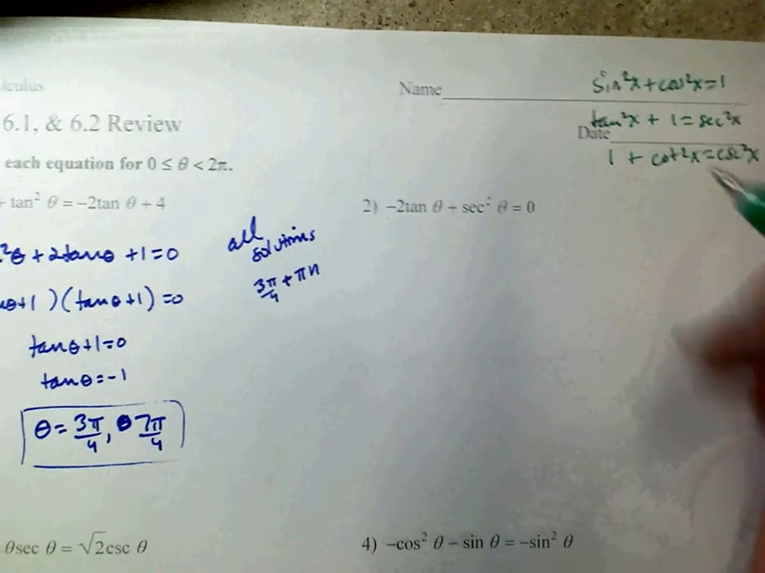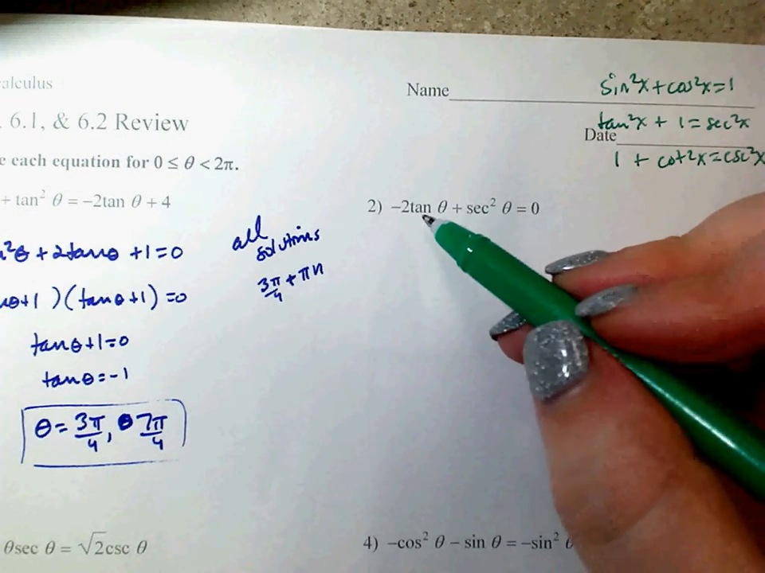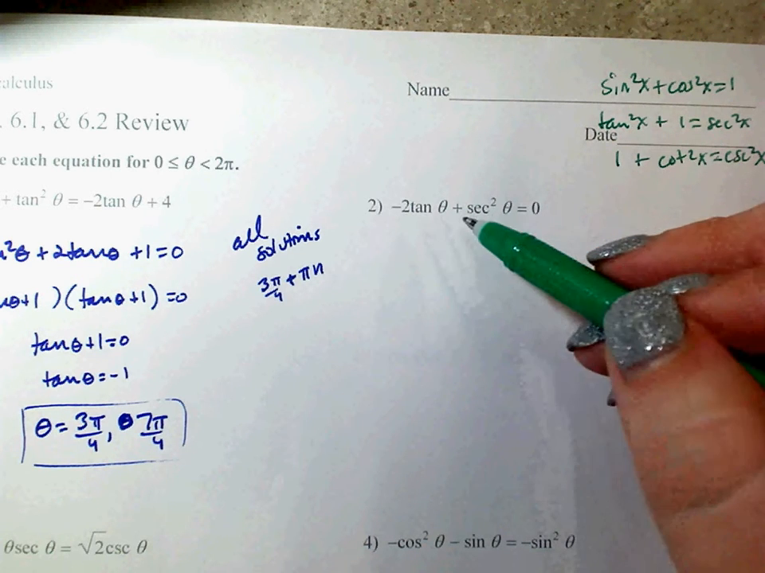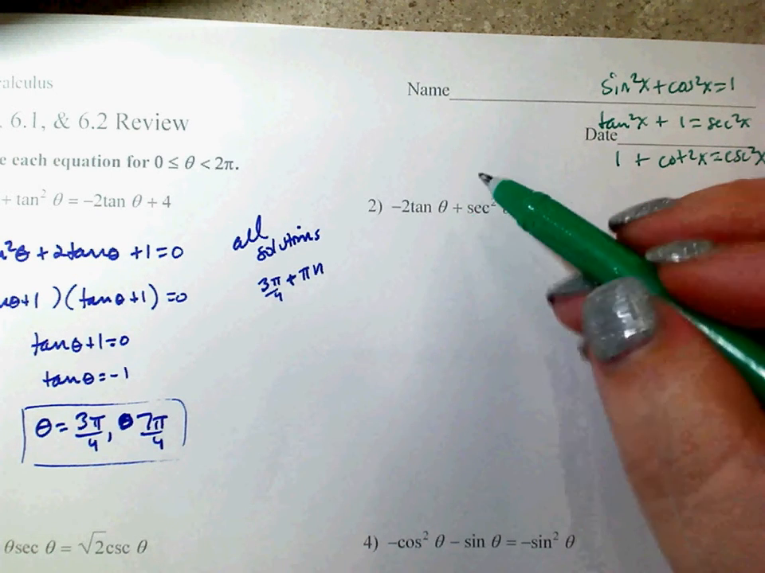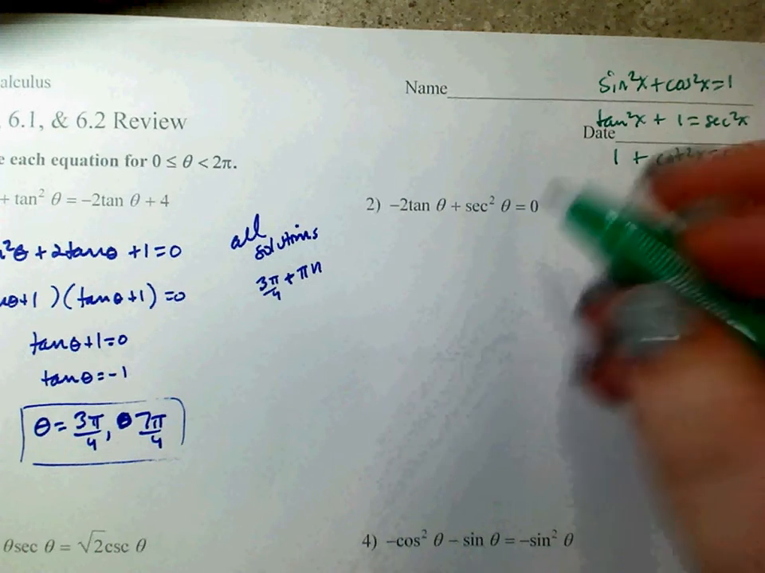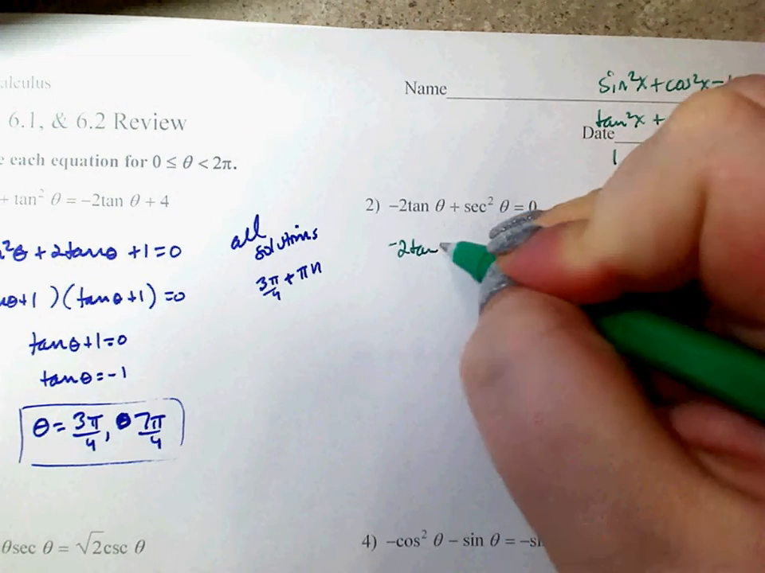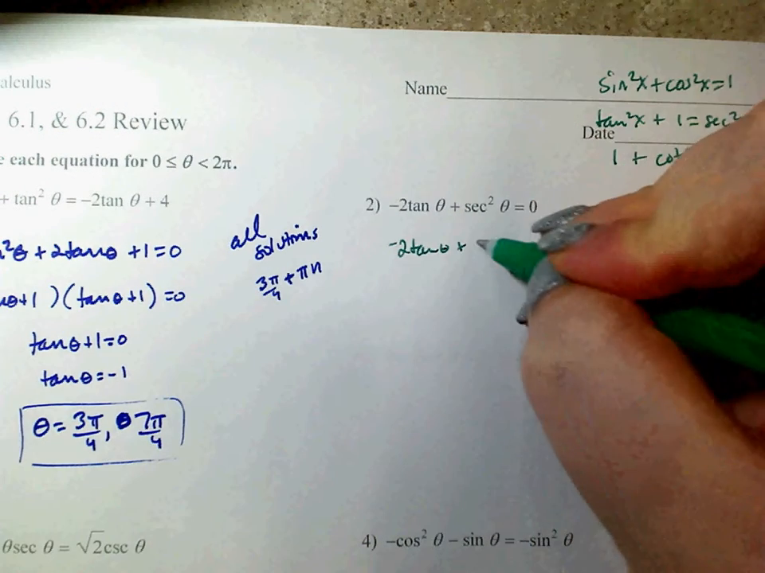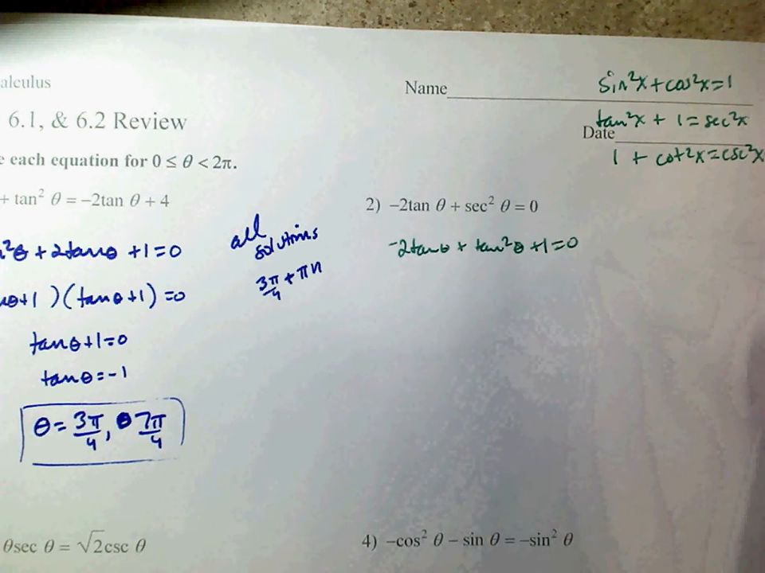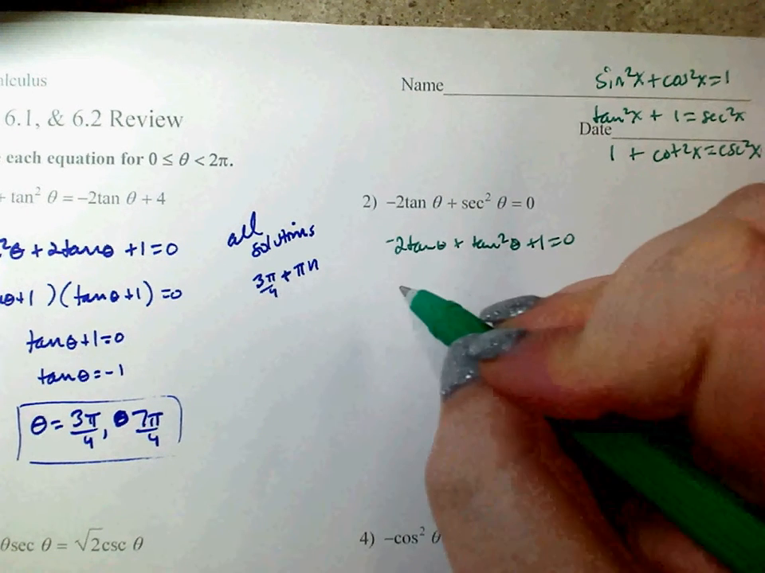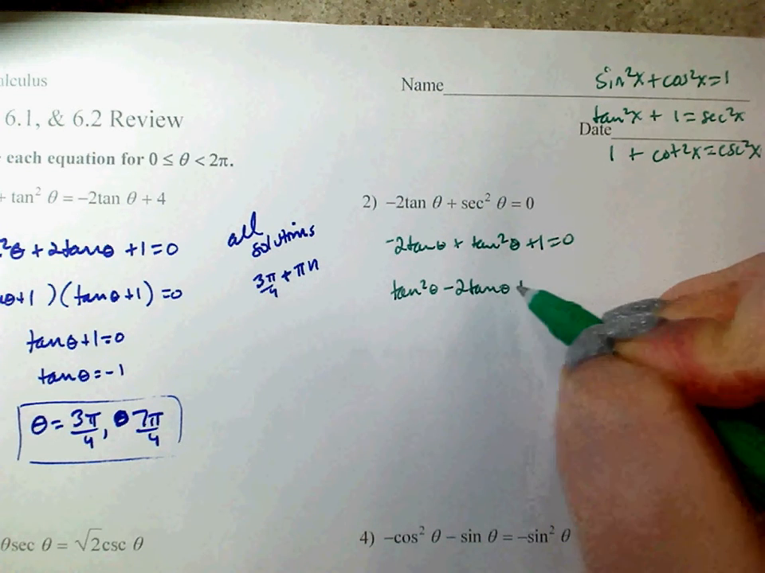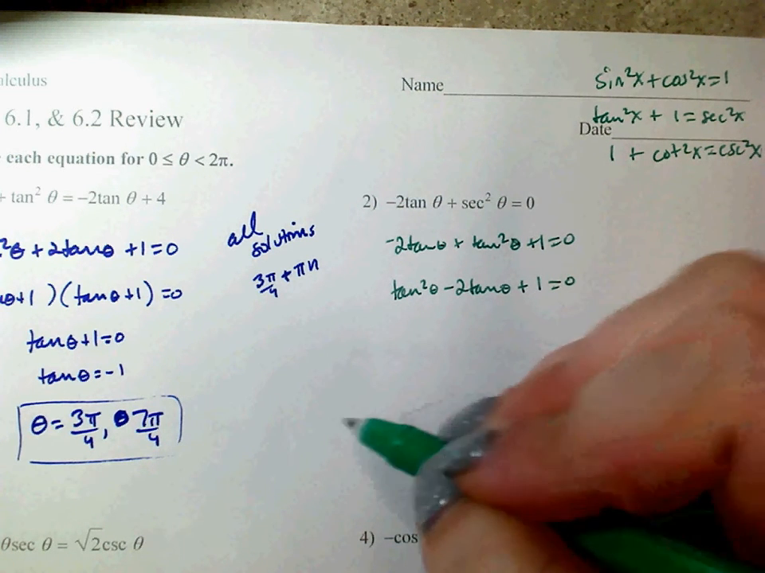In this case, tangent I can't replace in terms of secant because it's to the first power. Well, actually I can, but it wouldn't help me in this case. I can replace secant squared though. Secant squared is tangent squared plus 1. So negative 2 tangent plus tangent squared theta plus 1 equals 0. All right. I'm going to write them in order. Tangent squared theta minus 2 tangent theta plus 1 equals 0,